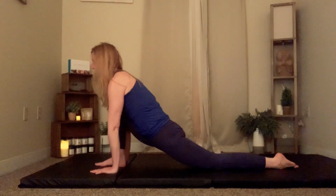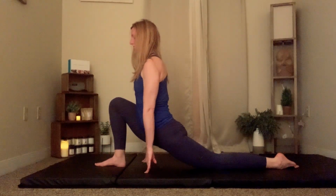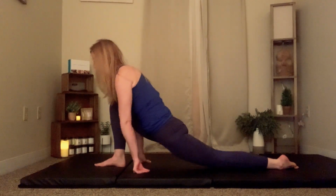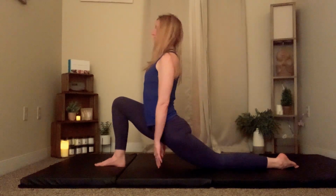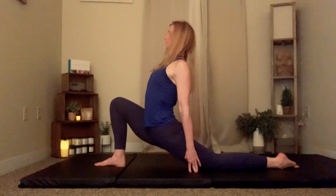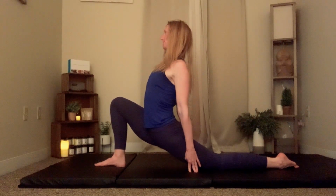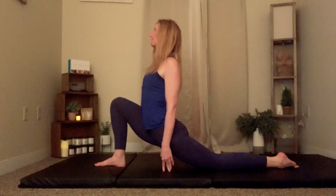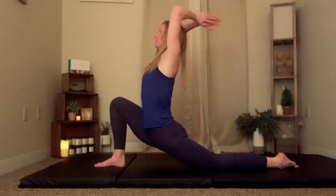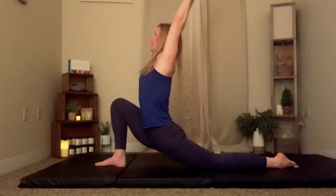Lift back up, one hand on each side, and try to lift your chest upright more, walking the hands back. And then reach the arms back even further, the small back bend, lengthening up through the torso and the chest, all the way up to the chin. And then try reaching both arms up overhead. You can interlace the hands